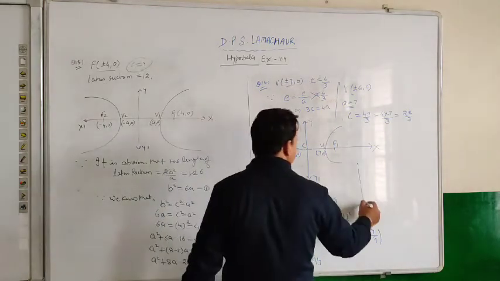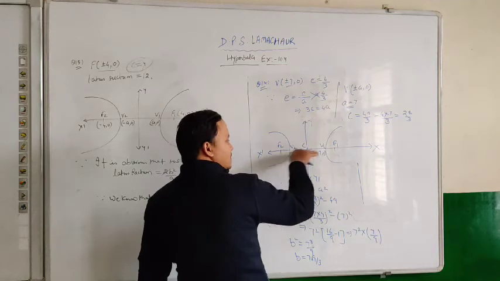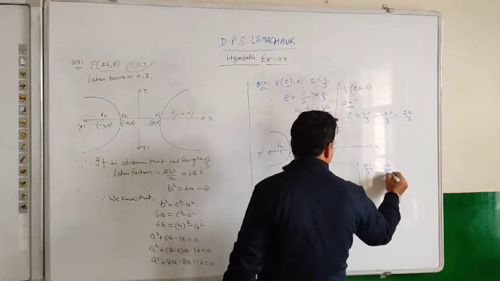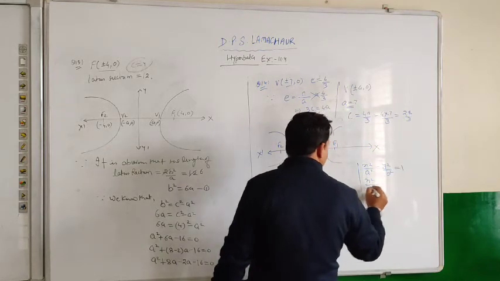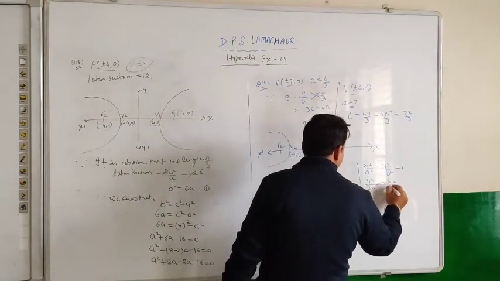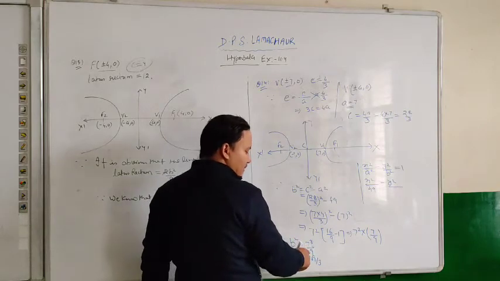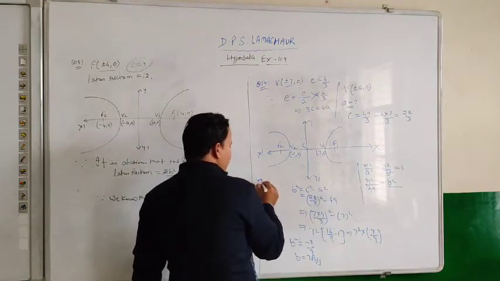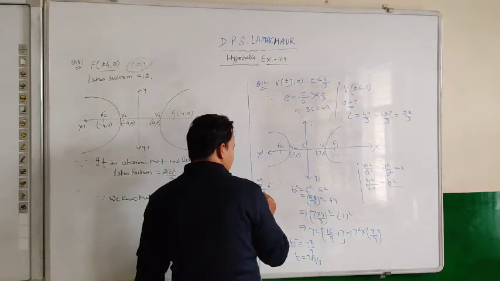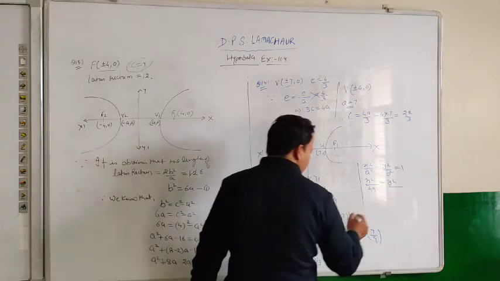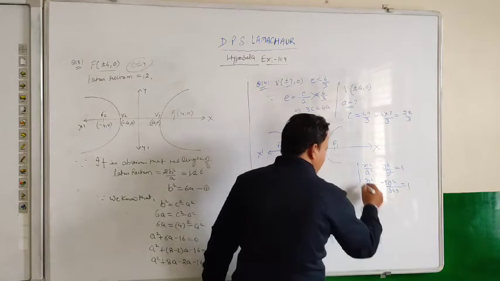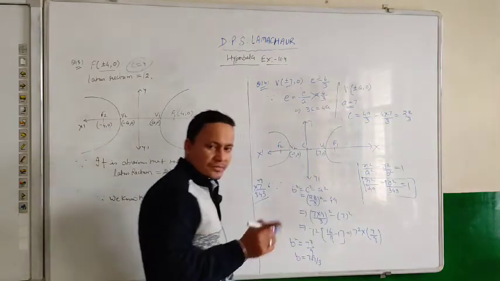So our required equation of hyperbola is, since the transversal axis is along the x axis, x square upon a square minus y square upon b square is equal to 1. Now putting the values here, x square upon a square, where a is 7, so 7 square is 49, minus y square upon b square, the value of b square is 7 cube upon 9, it means 7 into 49, that is 343 upon 9. So it will be y square times 9 upon 343 equal to 1. This is our required equation of hyperbola. Pause the video and take the screenshot.